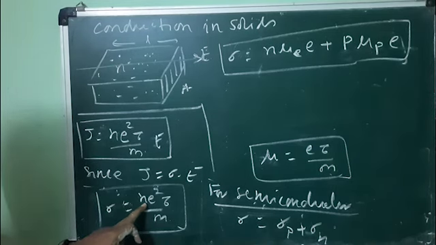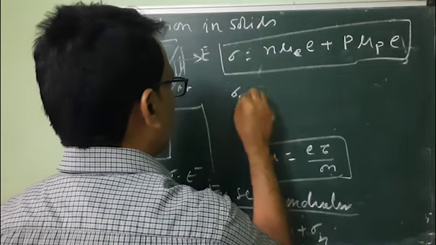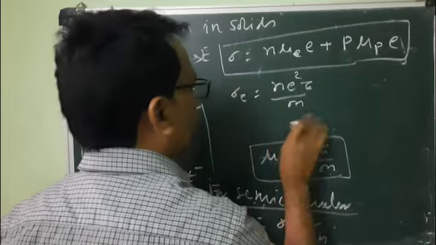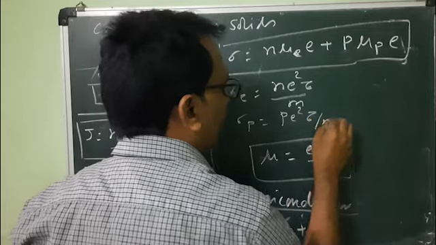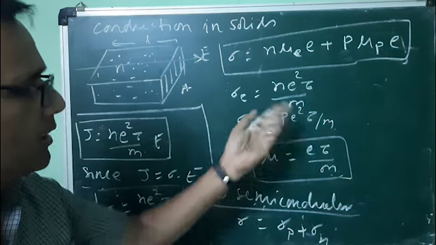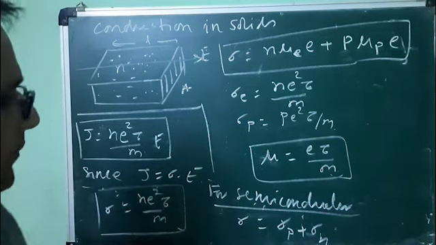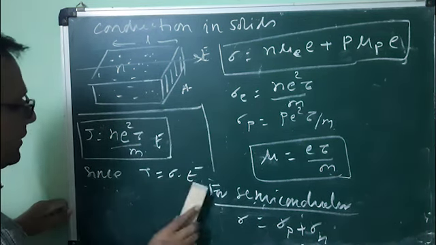So this is the formula we can use. For the conductivity of the electron part there will be n here, and for the hole part there will be p here. So one can write that sigma for the electronic part is equivalent to n e square tau by m, and for the hole part it is p e square tau by m. In the case of a semiconductor also, the effective mass is used, and we will discuss in separate lectures what the effective mass is. So this is the conduction in solids and semiconductors.